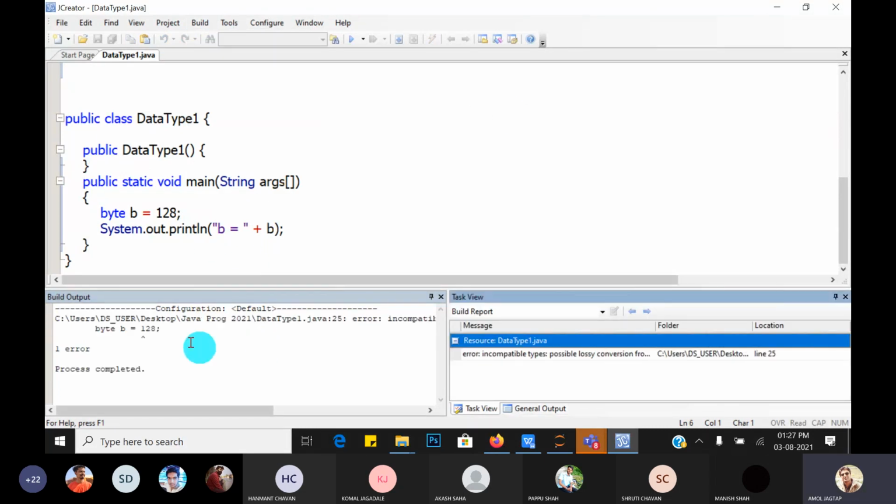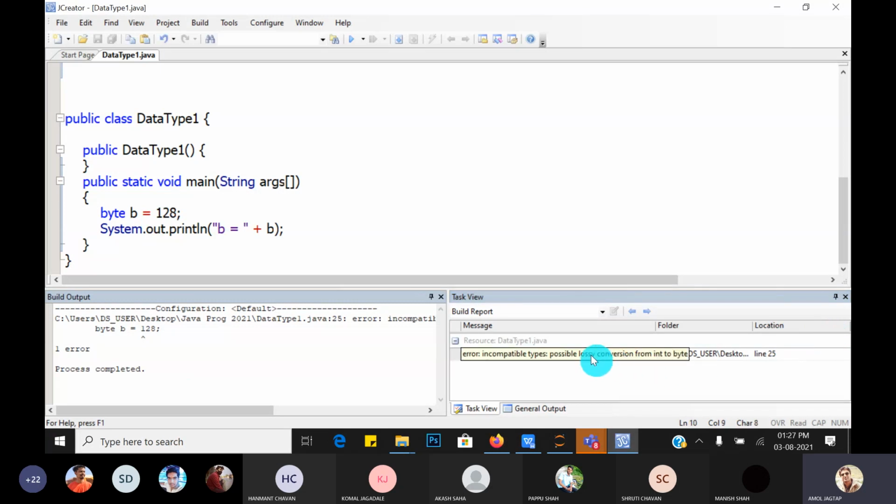Oh no, it gives a compilation error, because we assigned a value which exceeds the range, and if the range is exceeded, it is an error in Java. The same applies to the index or size of an array, 1 dimension, 2 dimension. If the size exceeds, it gives you an error in Java, but in C, C++ it is not an error.